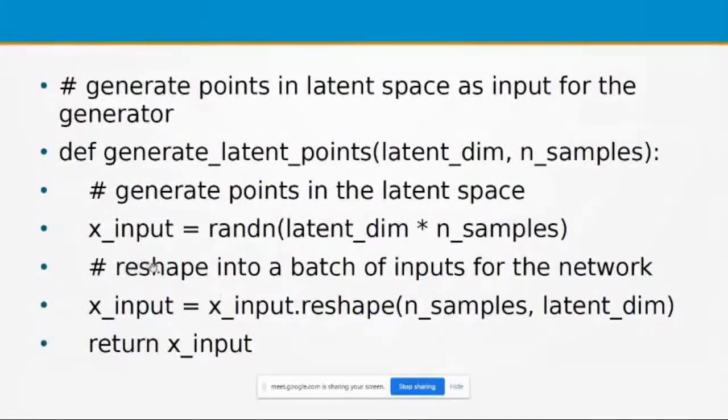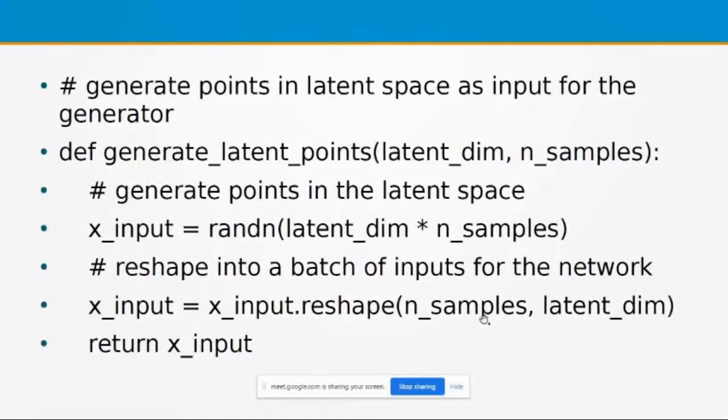After that, reshape this matrix into a batch of inputs for the network: x_input is equal to x_input.reshape(n_samples, latent_dim). Here latent dimension means 100, and n_samples means how many images we have to create from that latent dimension. For example, n_samples is equal to 100.